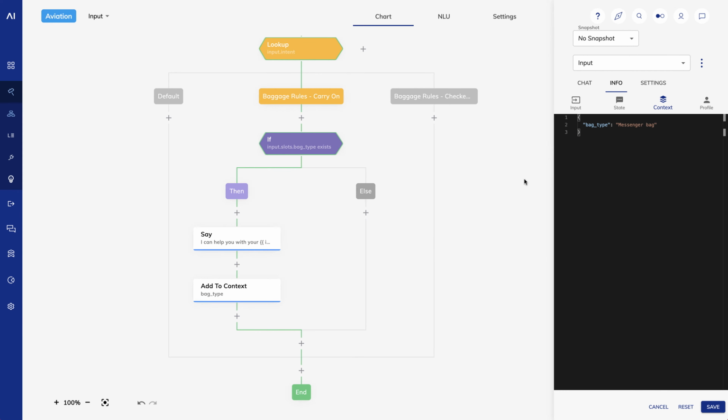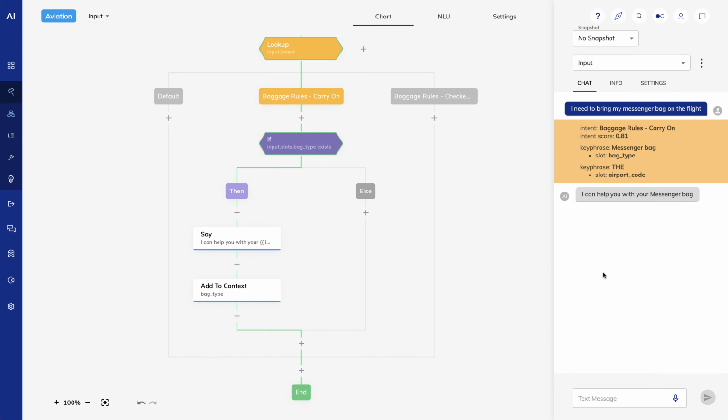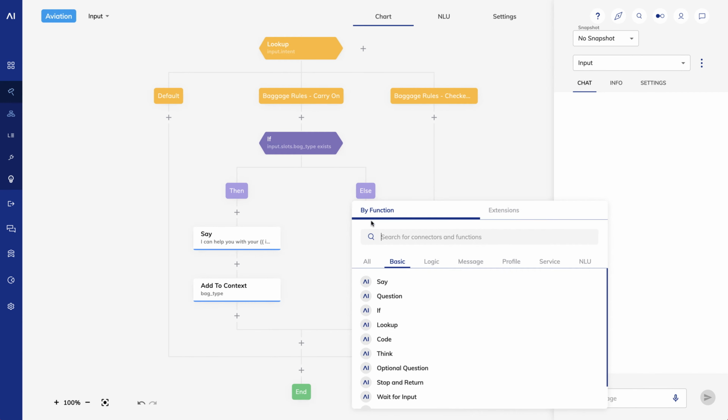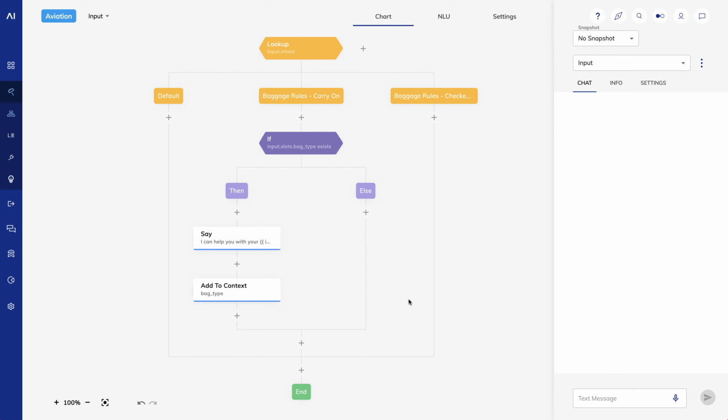If the user didn't specify a slot type, I want to ask them. In my else branch, I'll add a question node that says, "What type of bag will you be carrying?"